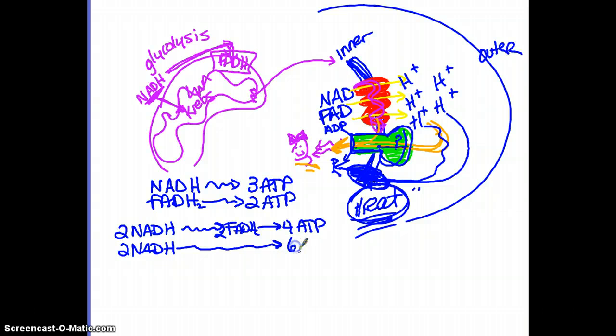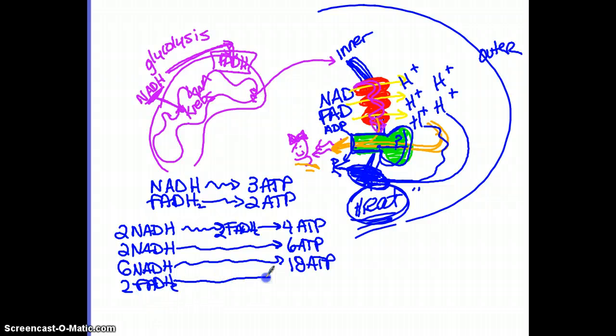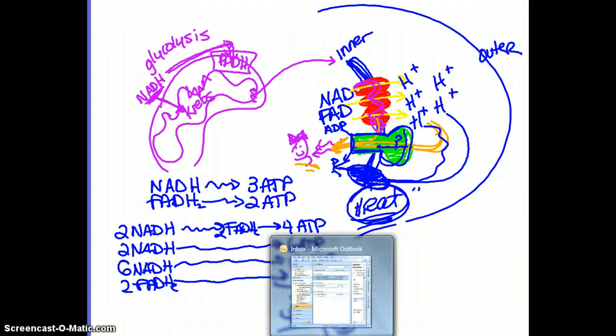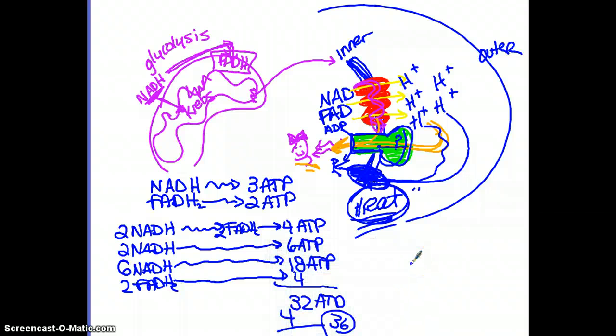That's going to make 6 ATP. We made 6 NADHs in Krebs. That's 18 ATP. We made 2 FADH2s in Krebs. That's going to generate another 4. If you add all that up, you're going to get 32 ATP. Add in the 4 that were already made, and that's our 36. So that's it. Sometimes you can get 38 because, like I said, there are some cells that can allow this to transfer to the mitochondria. Also, in a perfect world, you'd make